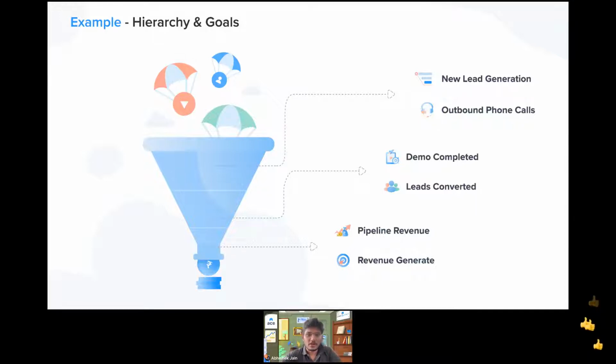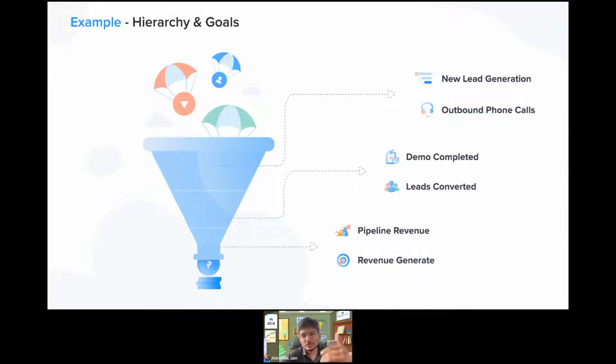So as I was saying, there's a top of the funnel goal or objective that any business would track, right? And once that top of the funnel is set, then we talk about the middle of the funnel, where all these leads who have turned from cold to hot, you would want to convert them. The whole idea would be that you give a demo to them and then convert them by understanding their use cases or problems and figuring out how your product solves that problem, right?